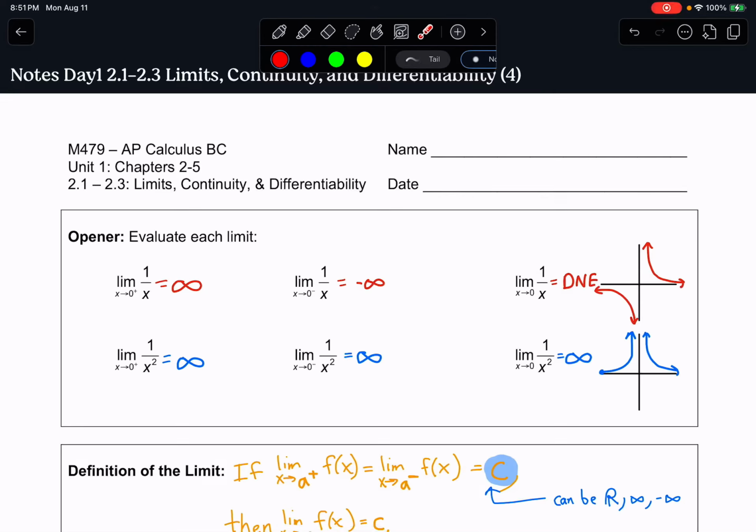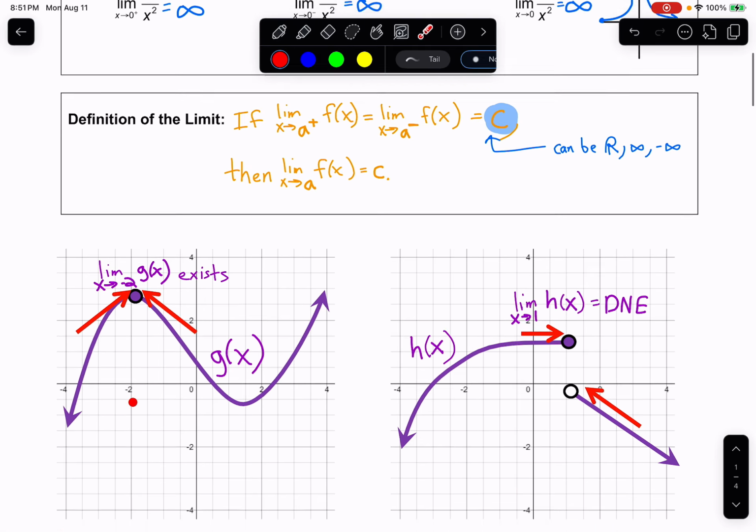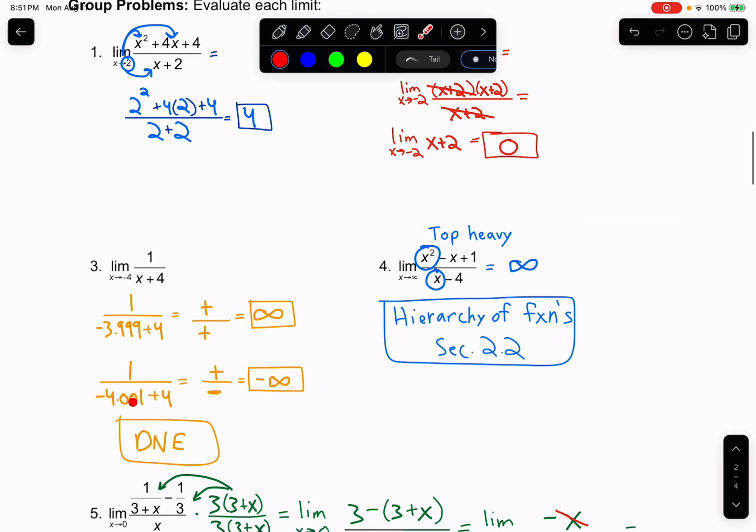Hi everyone. Today we're going to finish up our notes on limits, continuity, and differentiability. We got through about halfway through these notes, so we'll pick this up at the bottom of the second